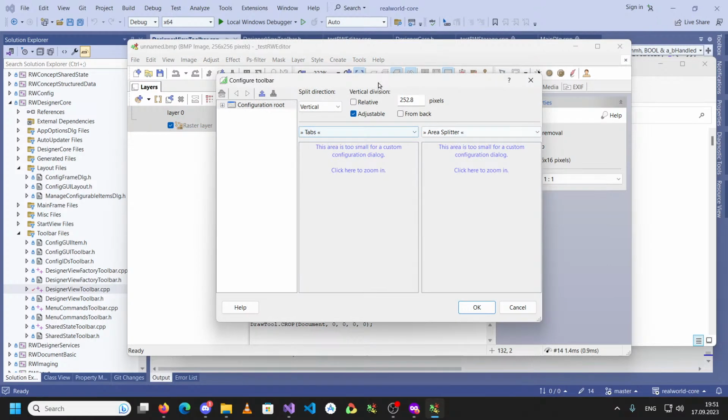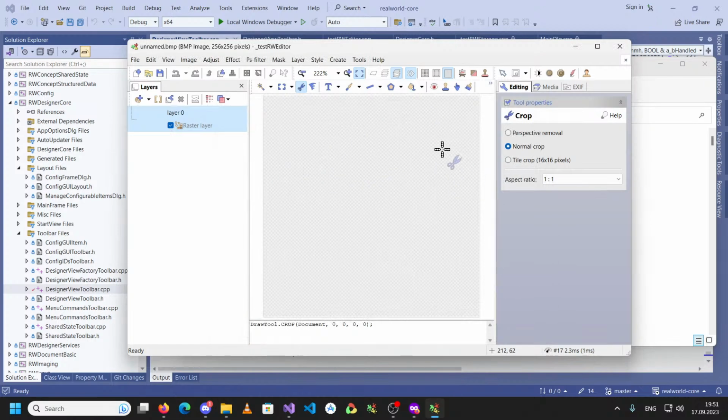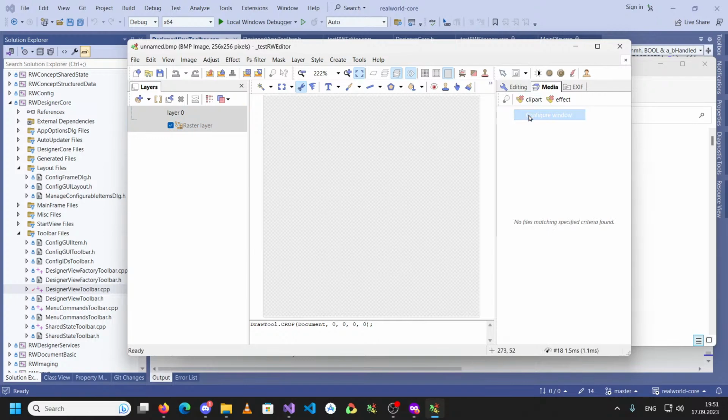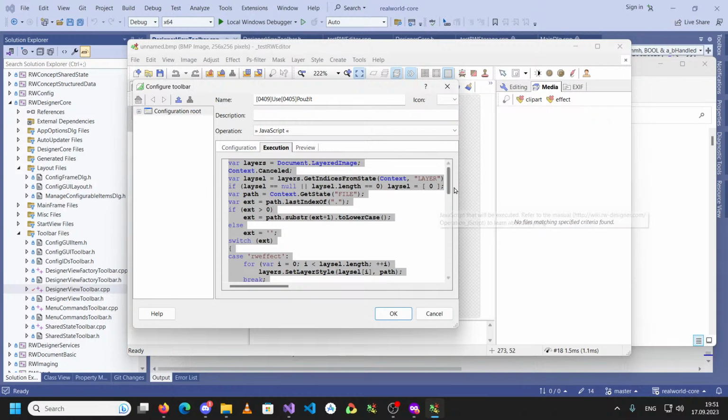When I click here, you can see that I can reconfigure this part, and this is a